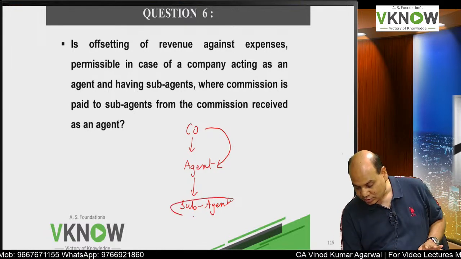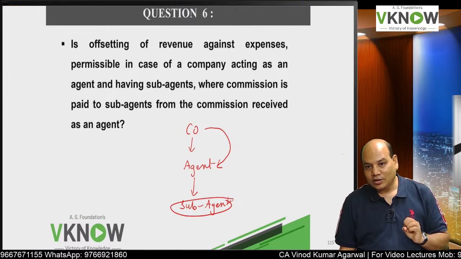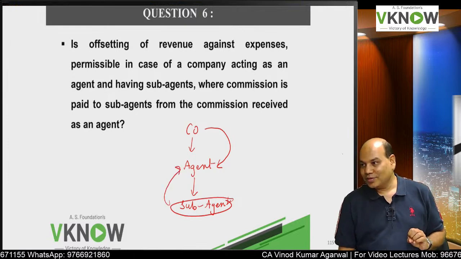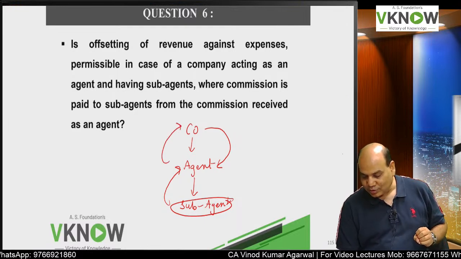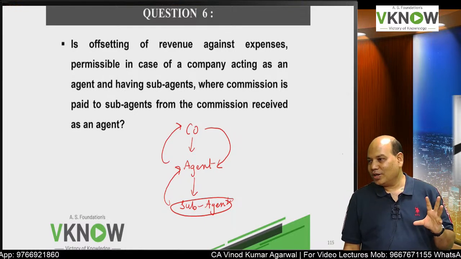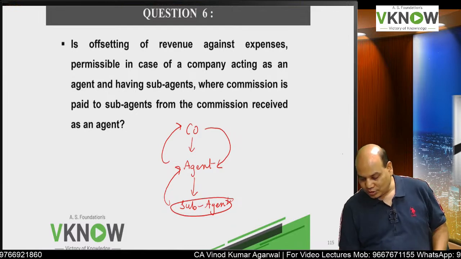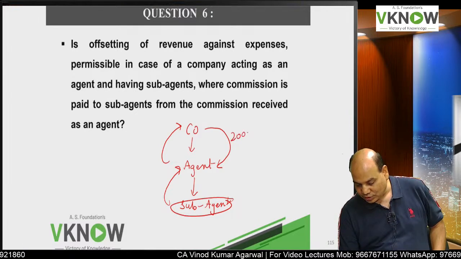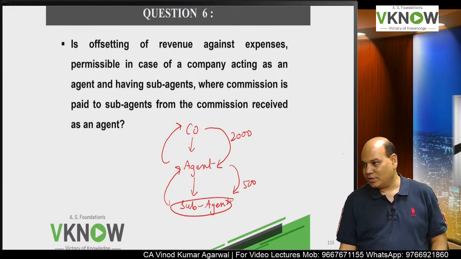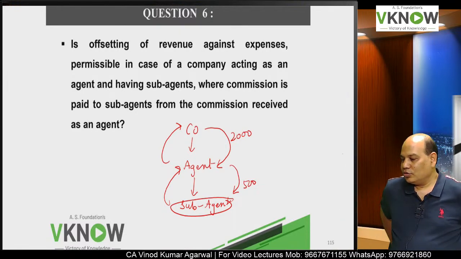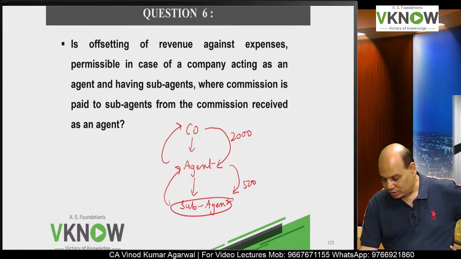This person says he does not have any car. He will call his main agent and the main agent will call the company owning the car that we have got a customer. So he will get a commission of 2000 here and he pays a commission of 500 rupees to this sub-agent. So the question is how this company